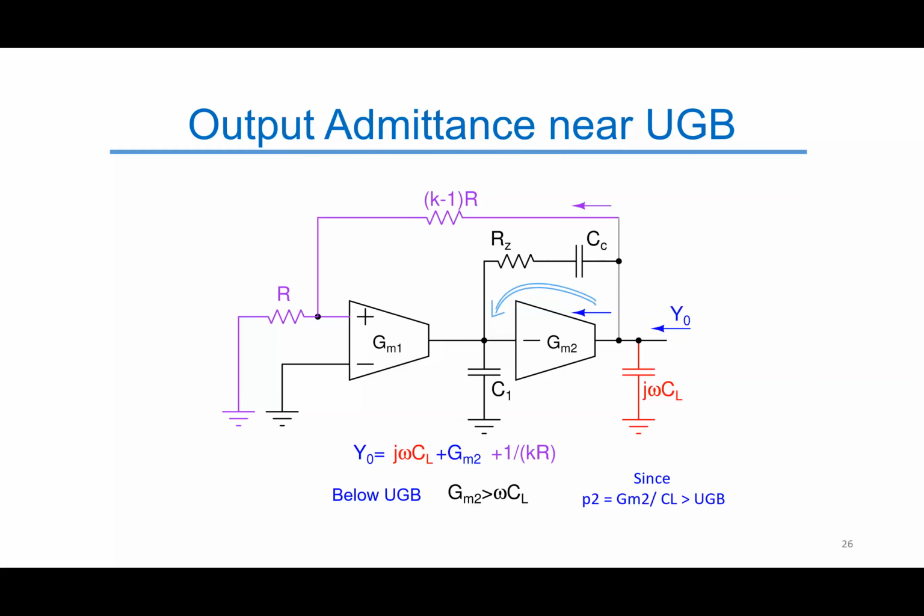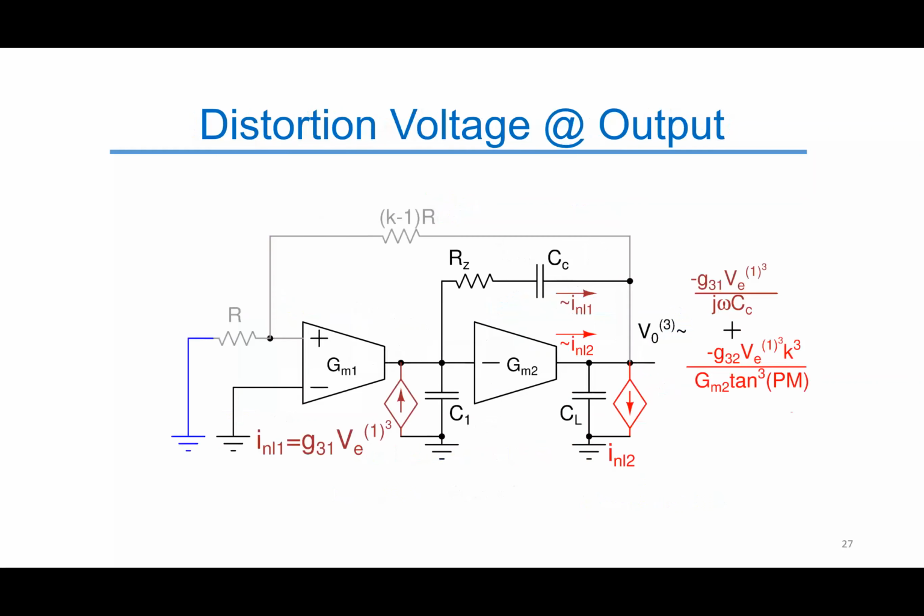It has already been argued that the feedback resistors do not load GM2 and their effect can be neglected. Now note that below the UGB of the loop, GM2 is larger than omega times Cl, since the second pole is beyond the UGB of the loop. This implies that the output admittance of the loop is approximately equal to GM2,